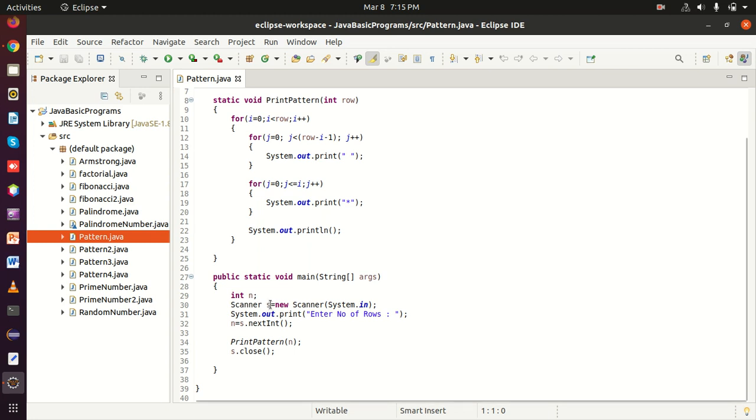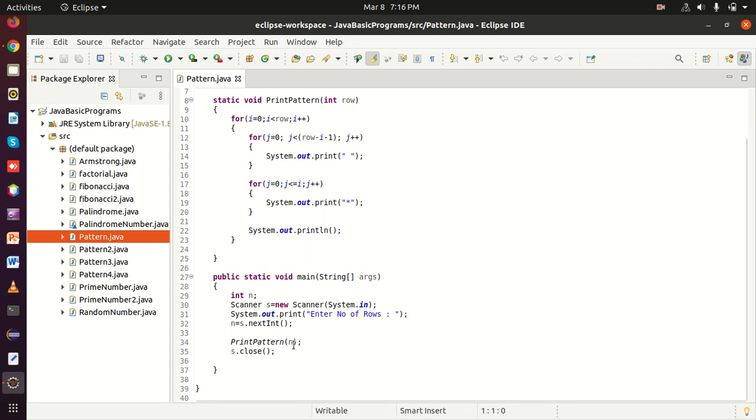Now I have printed the message here, enter number of rows, meaning how many rows you want, and when the user inputs the data, that data is assigned to the n variable, and I have called here printPattern. printPattern is the method and I have called this method with the int value.